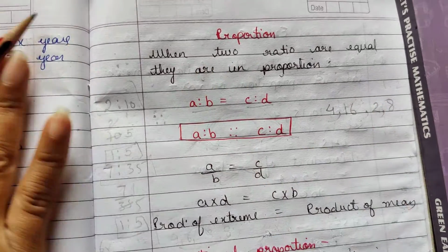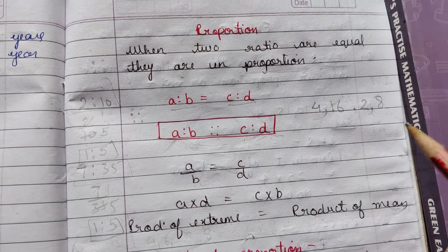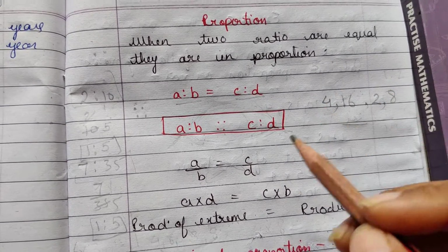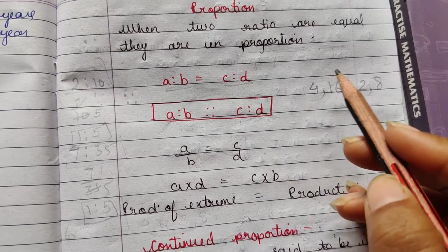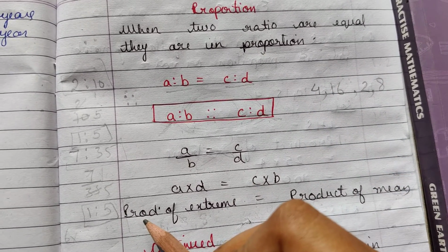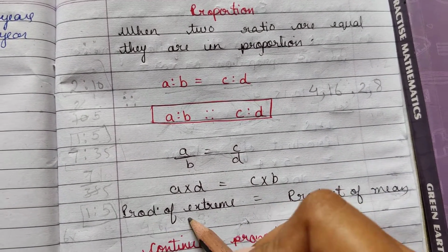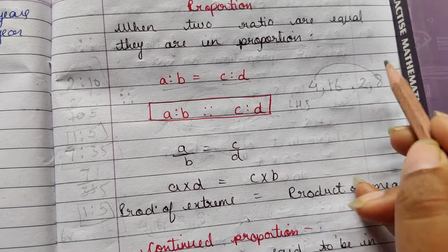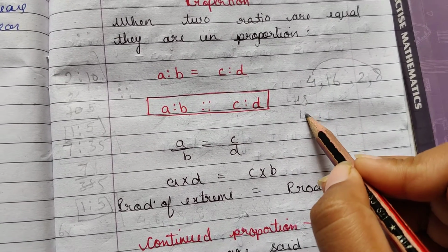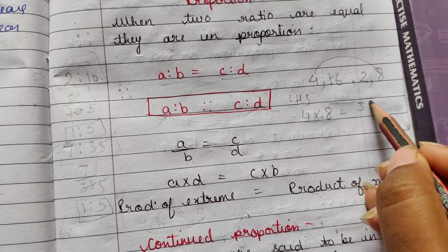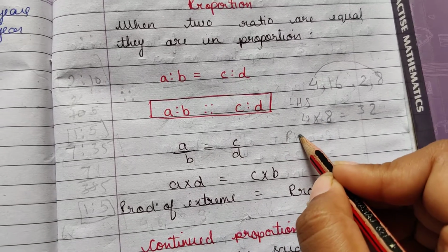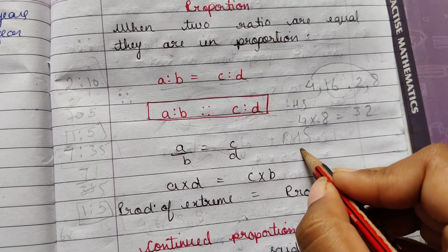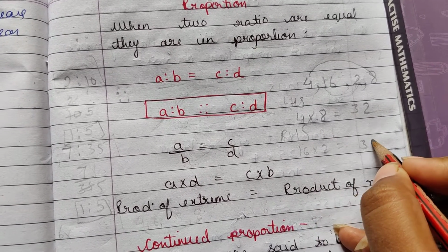we can't put the proportionate sign in between. So let's see. This is the formula which we are going to apply. First, what does it ask? It asks about product of extreme. So on the LHS we will write product of extreme, meaning the outermost numbers. So that would be 4 into 8, which is how much? 32. And on the RHS what will we do? Product of mean, which is the numbers which are in between. So on the RHS we will write 16 into 2, which is again 32.